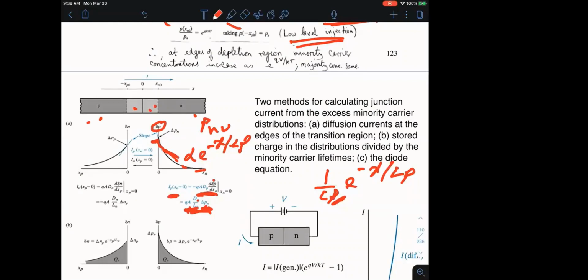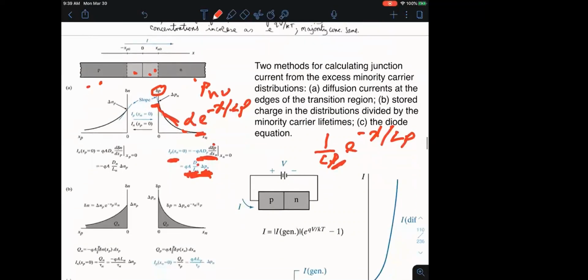Similar expression, of course, is true on the n side over here. All right. Now, you can clearly see then that the diffusion current is exponentially dying as a function of distance. Now, that should bother you a little bit, because if I now try to solve for the current in a PN junction under DC bias,